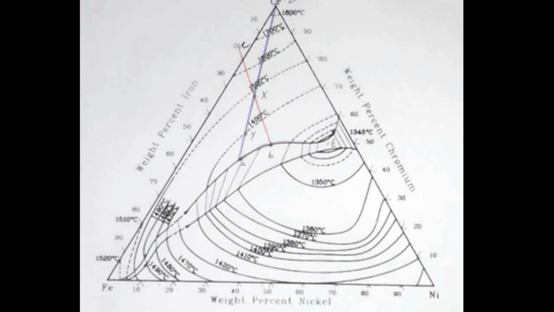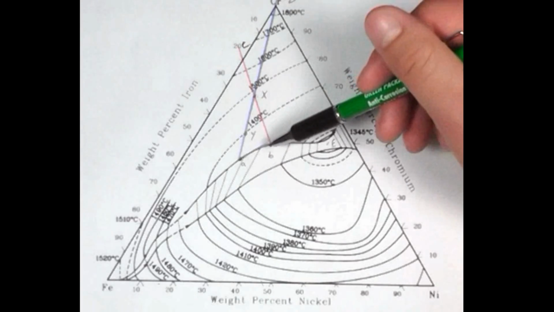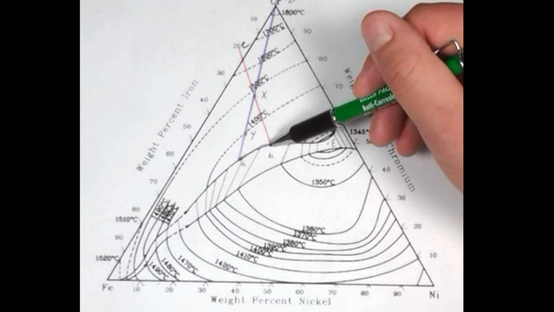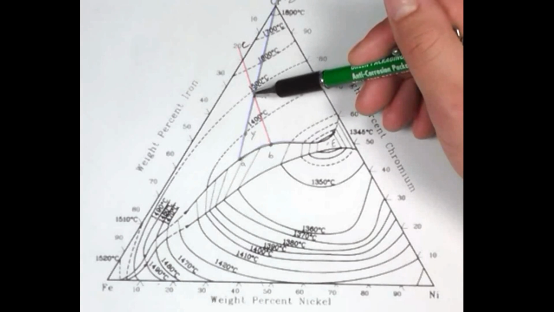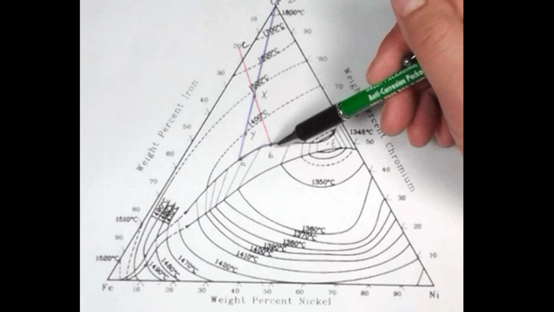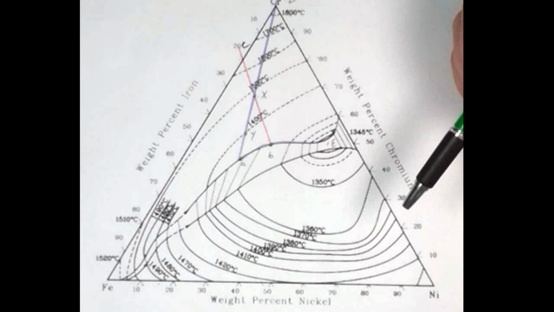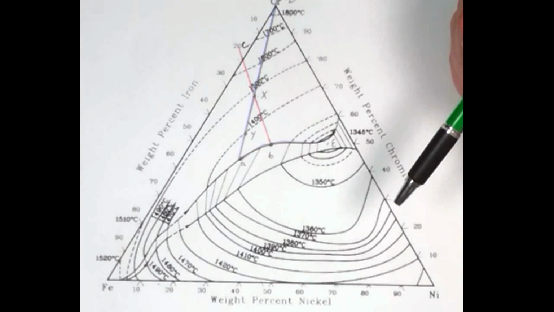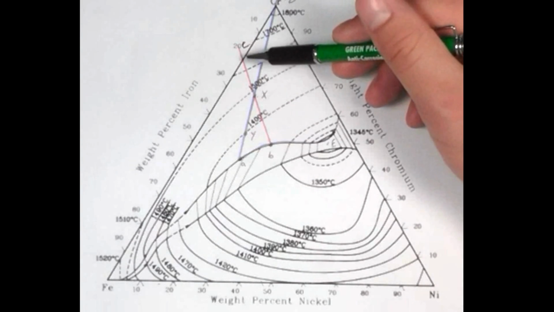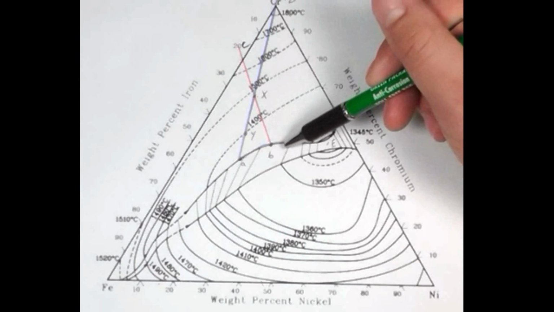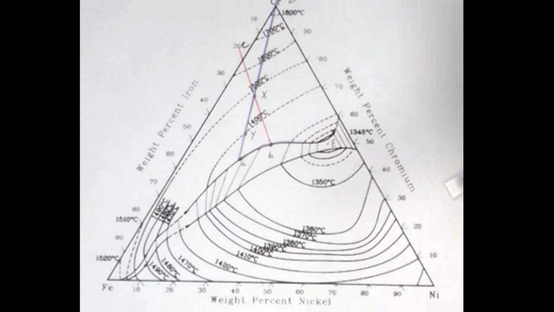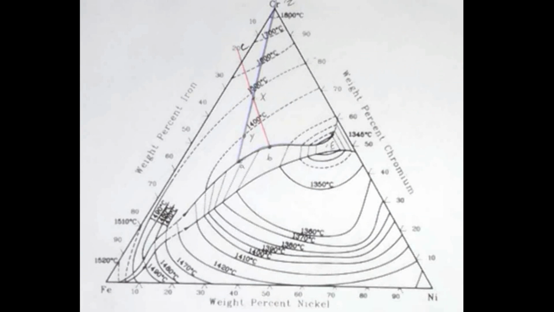To determine our percentage of solid, we would take our distance from point B on our boundary curve to our original composition X and divide it by our total distance from B to C. Similarly, to determine our percentage of liquid, we would take our distance from C to X and divide it by our distance B to C. Now that we know what our percentage of solid and liquid are at point B,